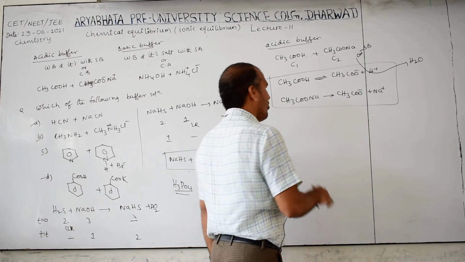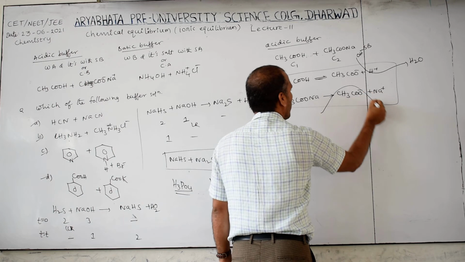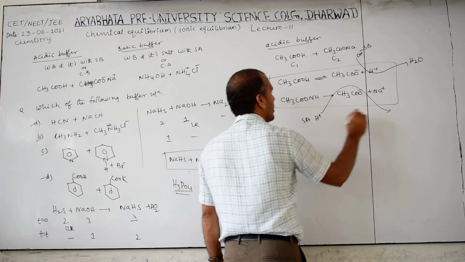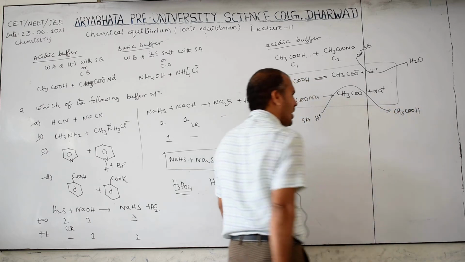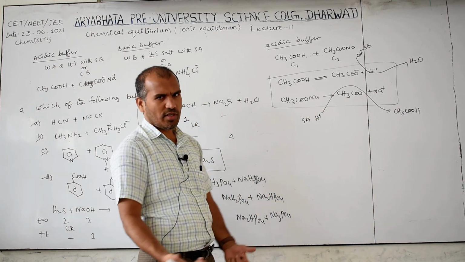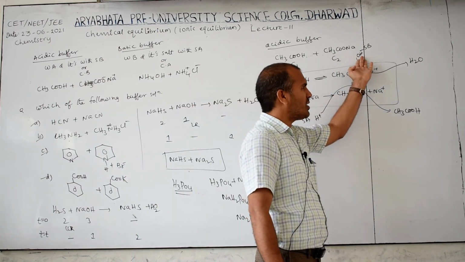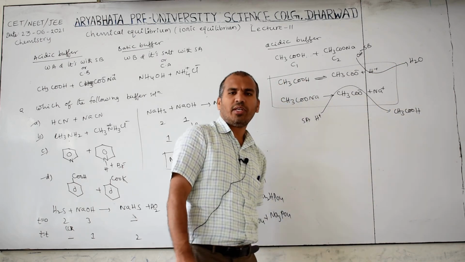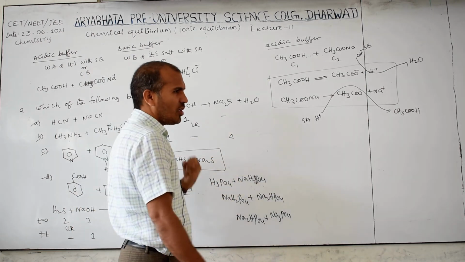Acid and base react. If you add acid, acid does not react with acid; it reacts with the base. Therefore, if you add H plus, a strong acid, it combines with CH3COO minus to form CH3COOH, the unionized form. The unionized form does not produce H plus ions, so there is no change in the pH. And when OH minus is added, it is converted into H2O, so it is neutral and there is no change in the pH. It may change a little bit, but that is negligible. So we know how buffer action functions.